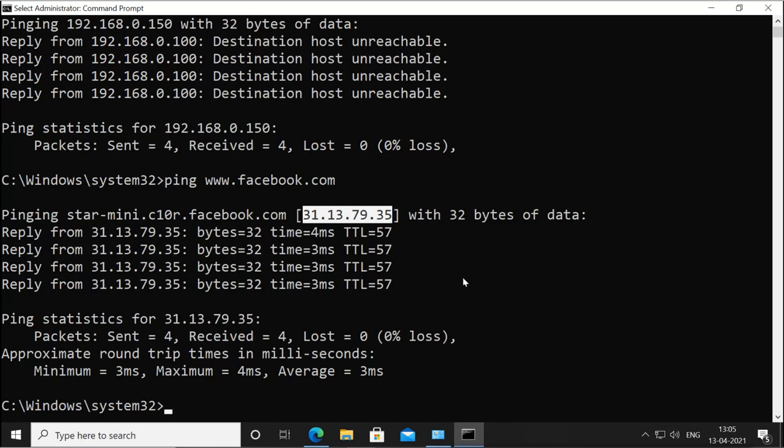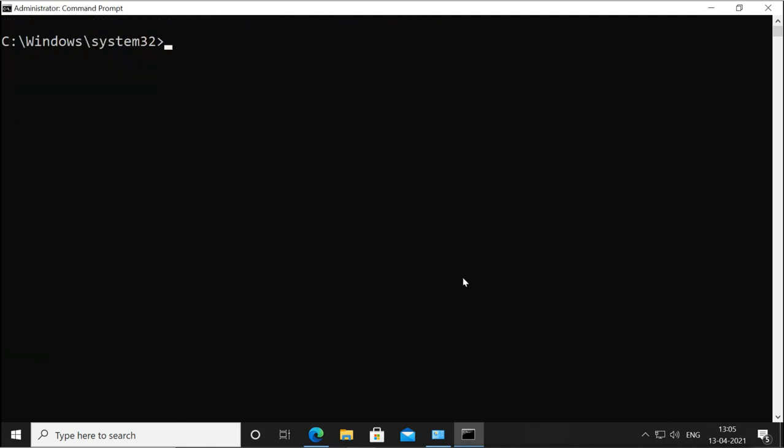Now we can resolve the name by using the nslookup command. This command is used to resolve the names of different sites or different servers. So if I give www.facebook.com and press enter,